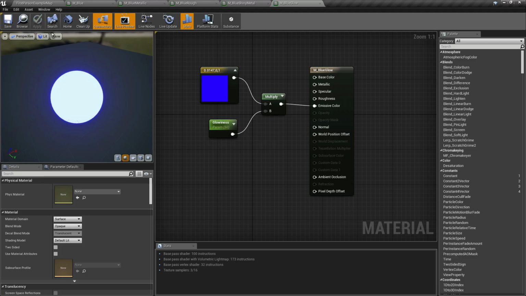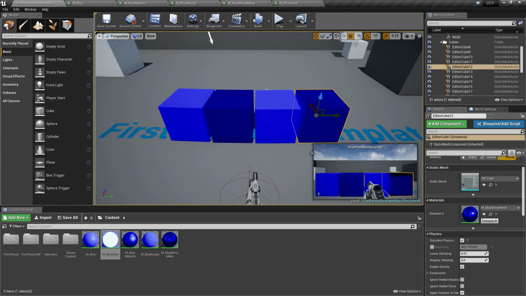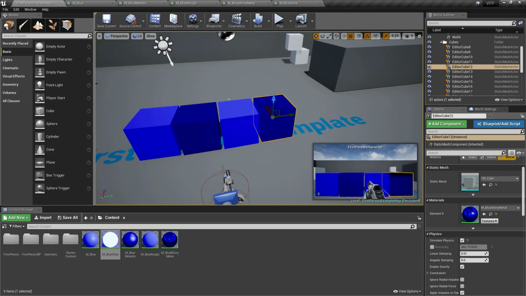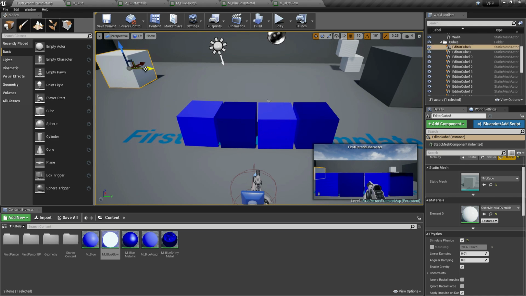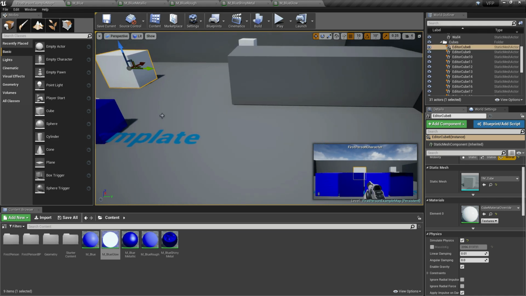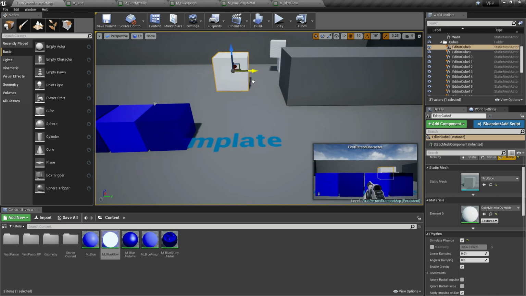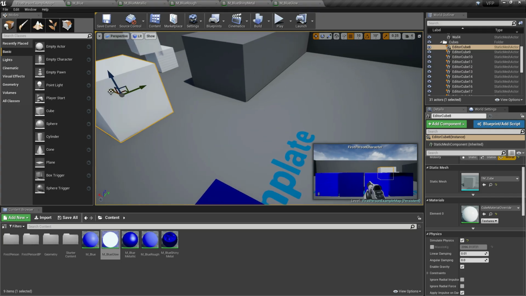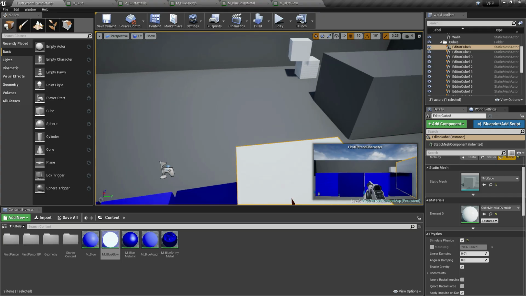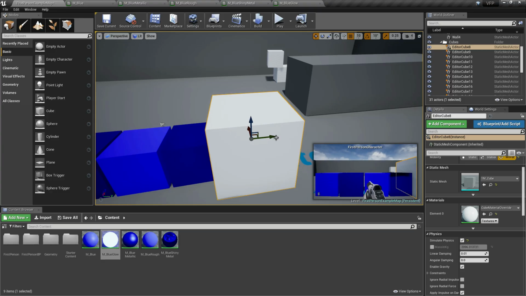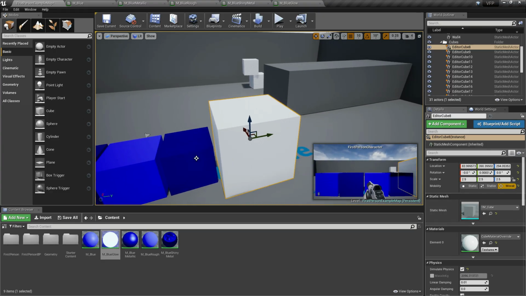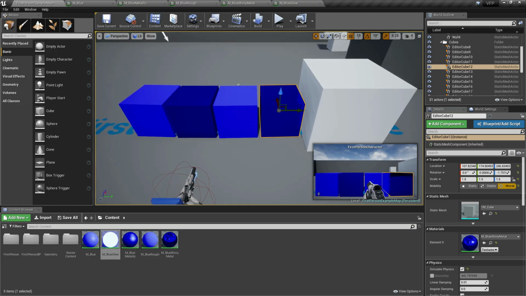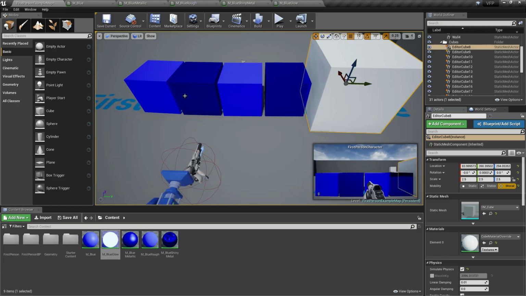Then let's apply the fifth material on another actor. I think this one. This one is too large. Maybe we need to make the sizes uniform.